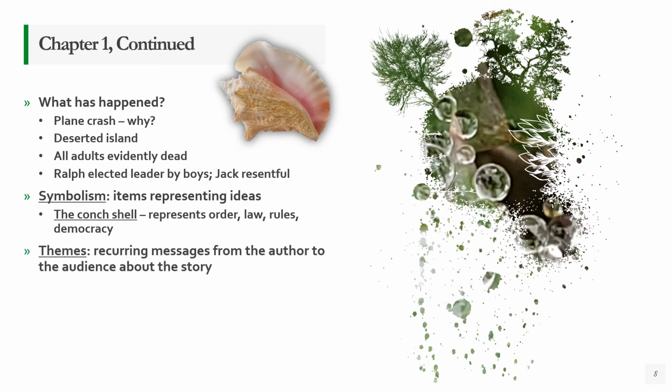Now again, we've talked already about some of the themes, right? This is a message that the author is trying to convey somehow to the audience about the story and the characters and everything. The civilization versus savagery is something that we're already beginning to see. These boys are all from a quote-unquote civilized world. It appears that they may be, for all intents and purposes, if we go with the author's background, probably British school children. They come from a world that appears to be very privileged.